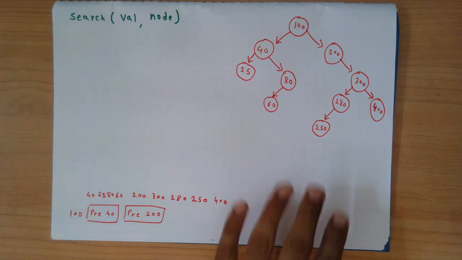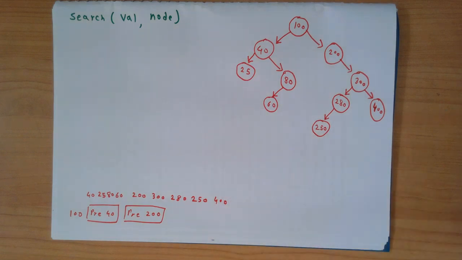In general, if there are n nodes in my binary search tree, a naive method based on simple traversal of my binary search tree, which is a pre-order traversal, will result in a time complexity of theta n, because in the worst case I have to visit every single node. But the point is that in this simple traversal-based method, we are not really utilizing the binary search tree property of our binary search tree.